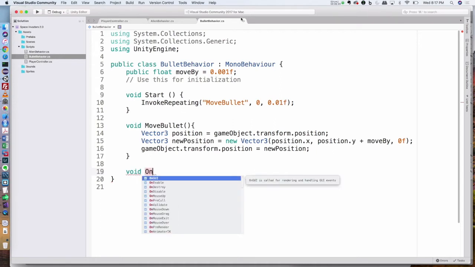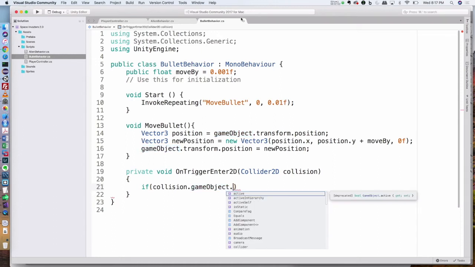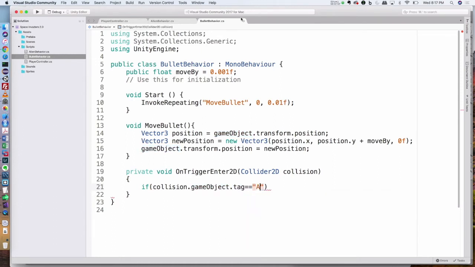So again, we're going to call OnTriggerEnter2D. And the logic here is going to be very, very simple. So if collision dot game object dot tag equals alien,